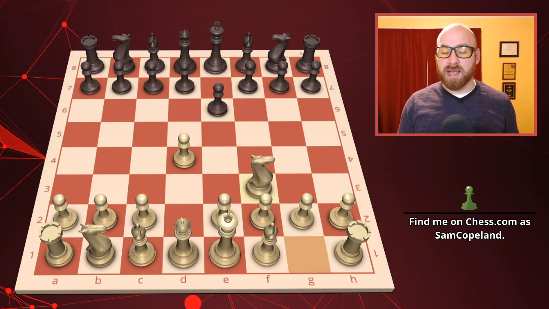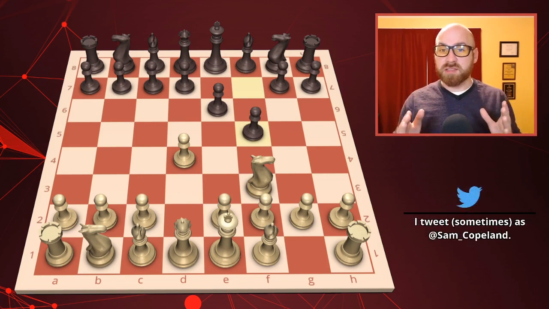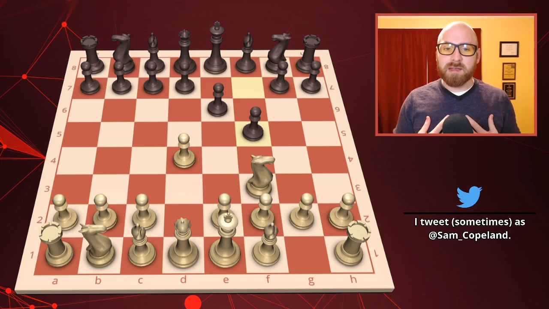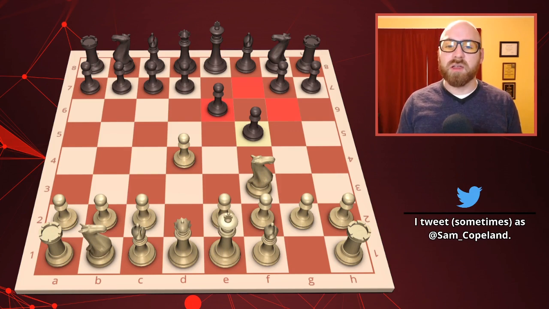White plays knight f3, excellent developing move for the knight, of course, and now Black plays pawn to f5. The Dutch defense is an interesting opening. I play it myself. It's definitely playable, but I can't recommend it for beginning players because you are really softening the light squares over here. As we will see in the game, that's something that you have to be very careful about, and you can be punished for softening these light squares if you are not careful.